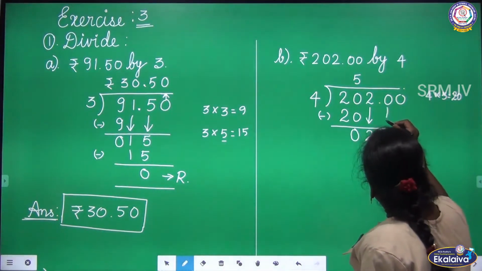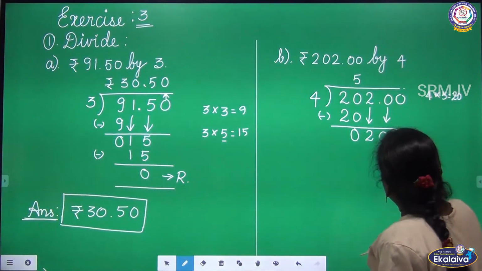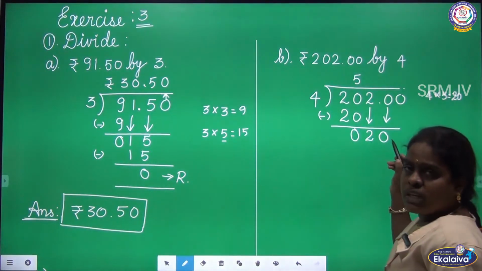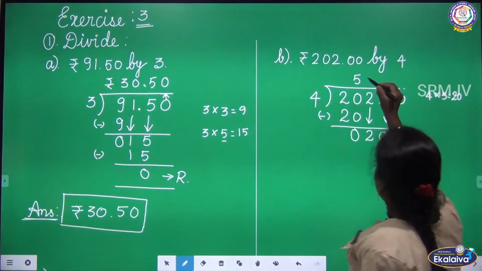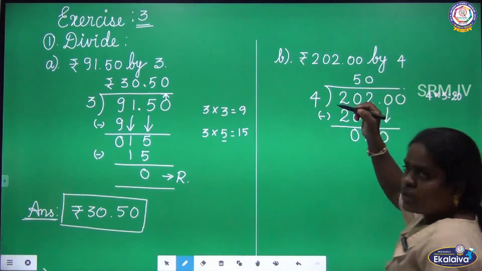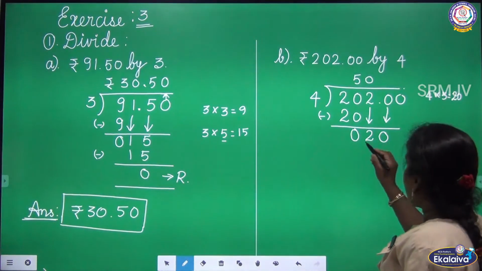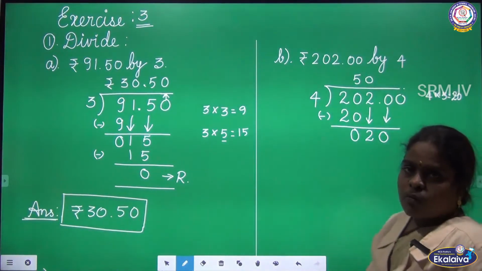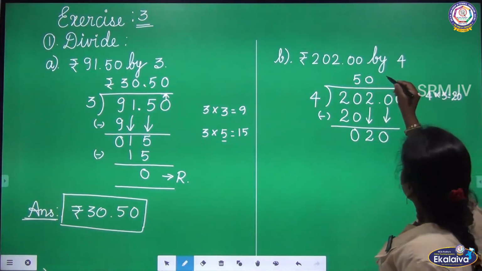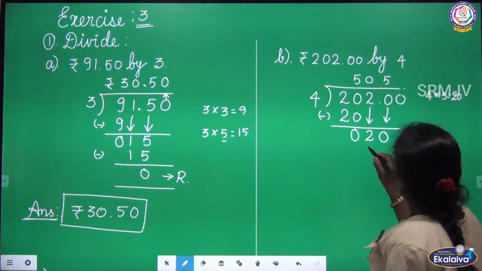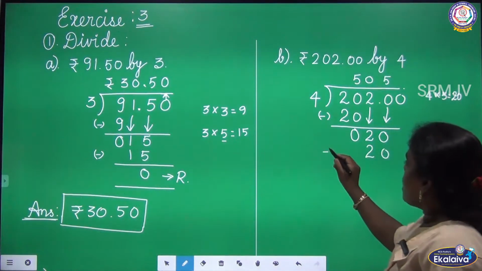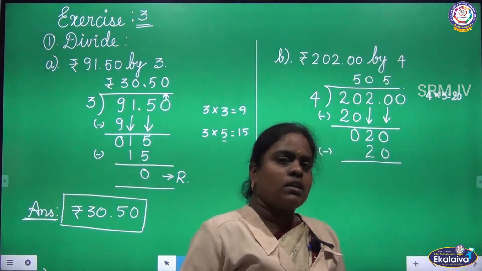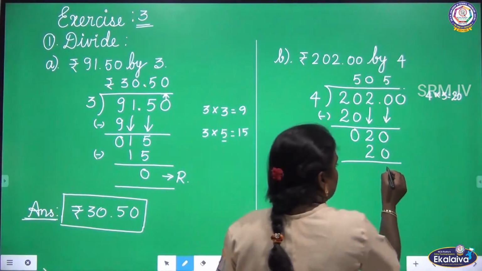It is greater than the number which is in the dividend. So I am going to take the next digit also. Yes, we know that when we are bringing down 2 digits at the same time, we have to add 0 in the quotient. Yes, now we have 20. Yes, again we are going to use the same table. 4 5s are 20. So write 5 in the quotient, 20 below the number. Yes, now subtract the numbers. 20 minus 20, 0.